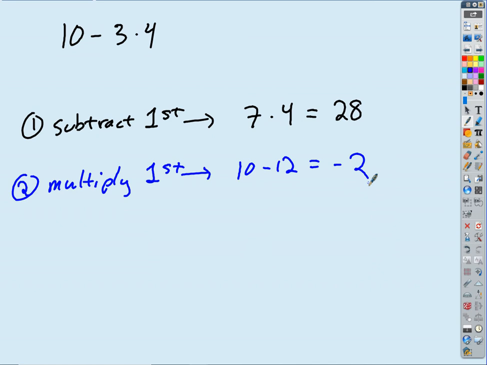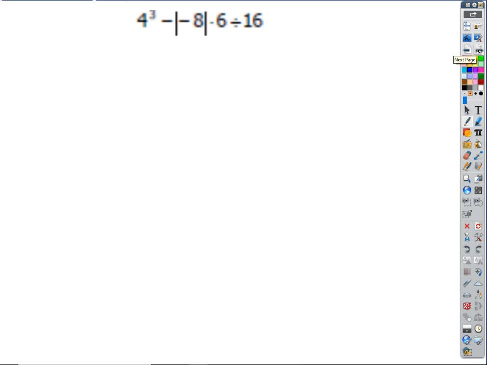Which one's correct? Bottom one, yeah. How do you know? PEMDAS, yeah, because of order of operations, right? So PEMDAS is what organizes the steps we take when we simplify expressions. And it's not arbitrary. It's not like it could have been some other way. It really turns out that PEMDAS is the way it has to be when you simplify numbers. There is one correct answer, and it's the one we get when we follow this particular